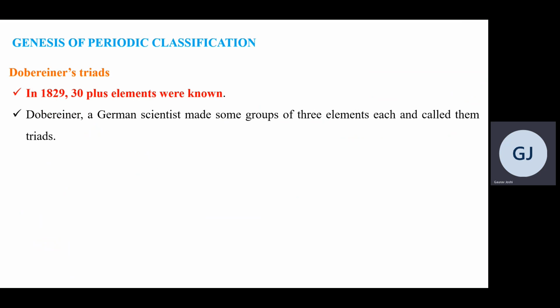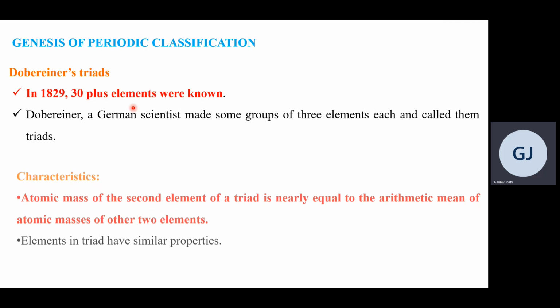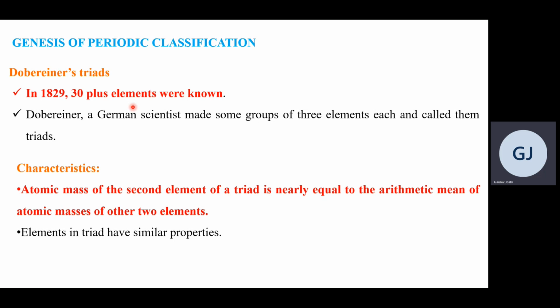Right. So if you talk about the classification, in the year 1800, 33 chemicals were known. At that time there was a periodic table called the Döbereiner triad. Döbereiner was the scientist who classified these 33 elements in the form of triads. Triad means a group of three. So what was in the triad? When you look at the triad, he used the atomic mass in this classification system.